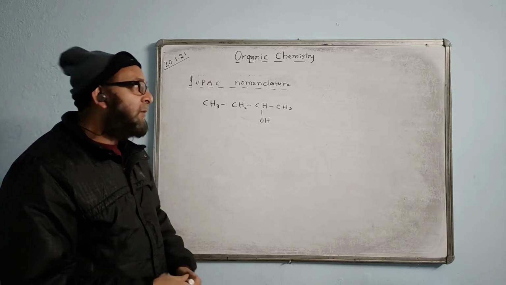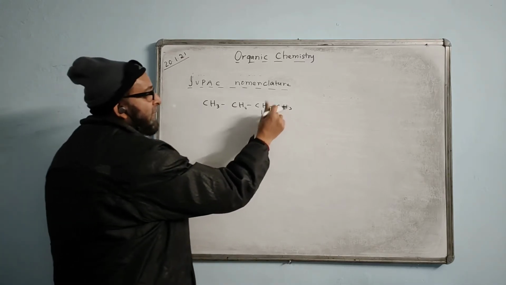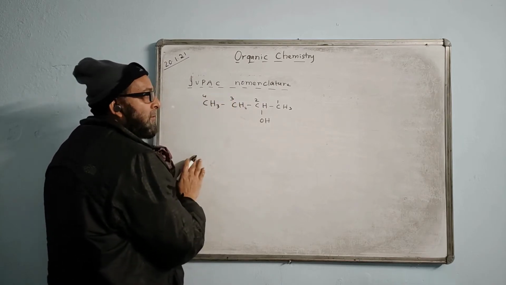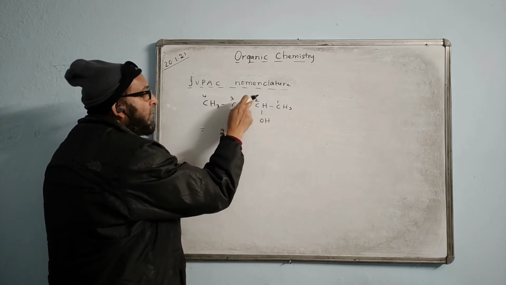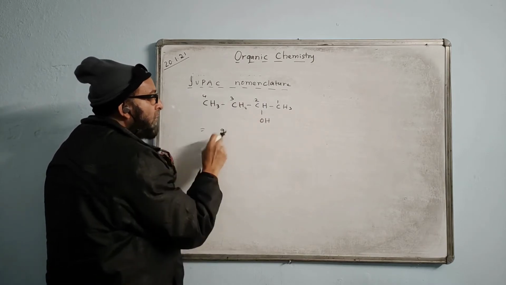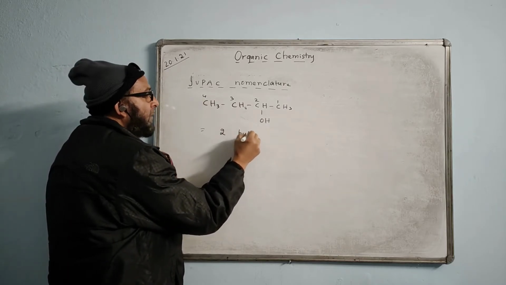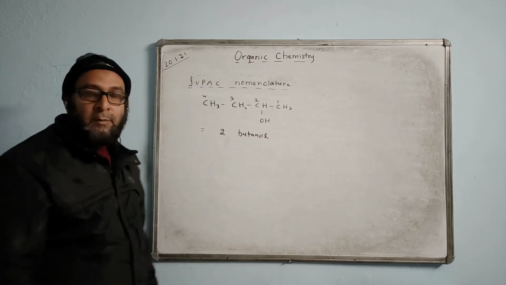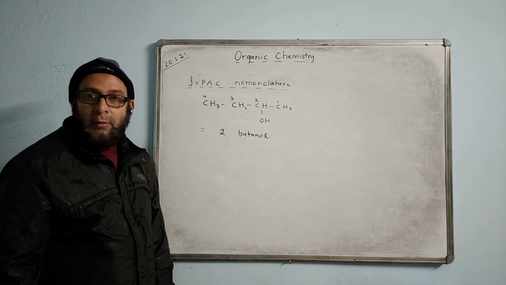Which from which end is the branch nearest? From the right side or from the left? From the end side. Okay, fine. From there you give them 1, 2, 3, 4. We write the number 2, the number 2 which has the OH group. Number 2 you write first. What is the last number given? 4, that is butane. And this is the OH group, so I write butanol, 2-butanol. What is the name of it? 2-butanol.